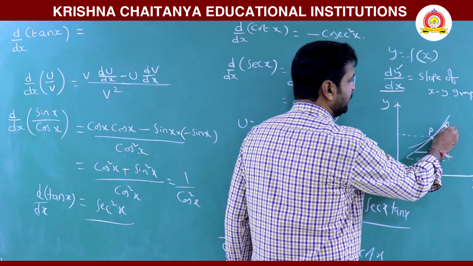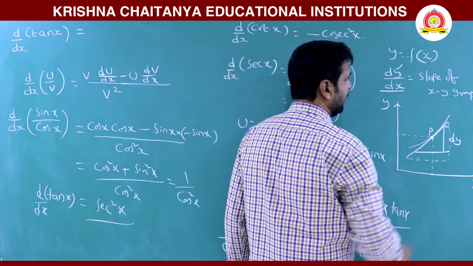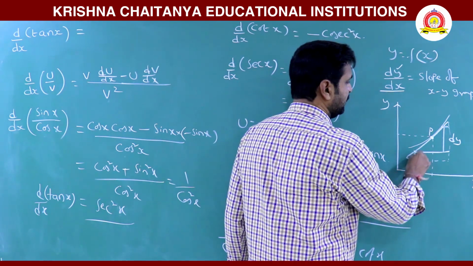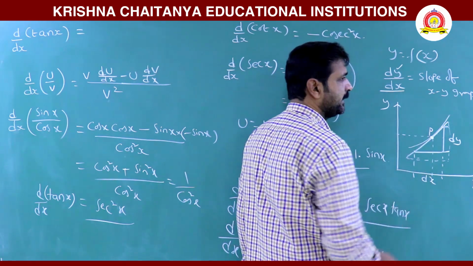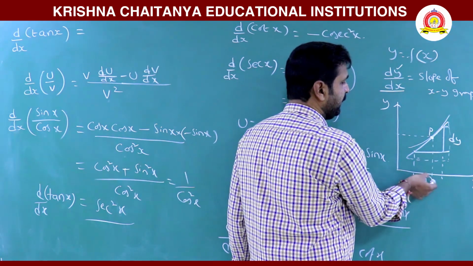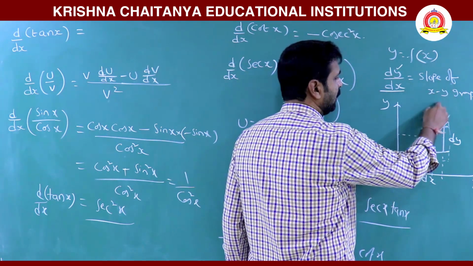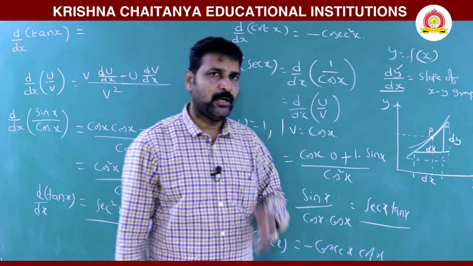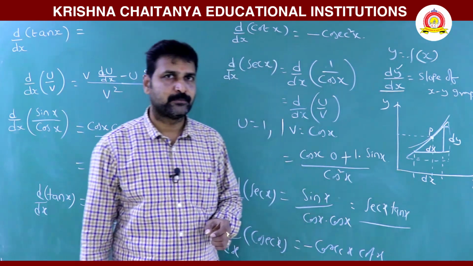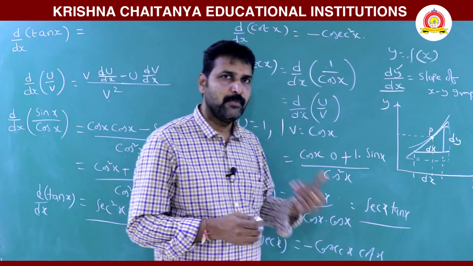So now here this is the change in y, which can be said as dy. This is the change in x, which can be said as dx. Then this dy by dx gives the slope. Okay, so here when you are using differentiation, remember for the 2 years of your intermediate or JEE or NEET,